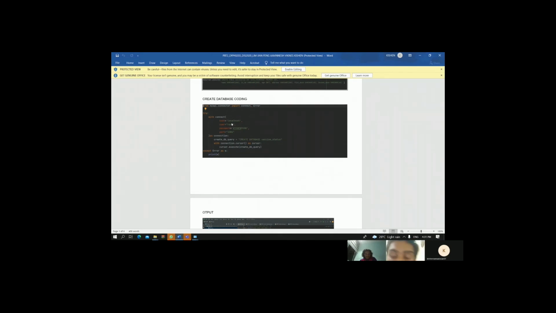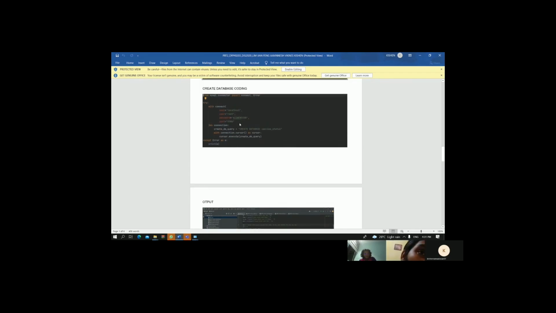Okay, hello, my name is Viknesh. So today I'm here with my friend Kishen to explain about the Pbt2 coding. So I'll start first by explaining the coding for create database coding. So we need to import connect and error from the mysql.connector, and then after that you try, and then with